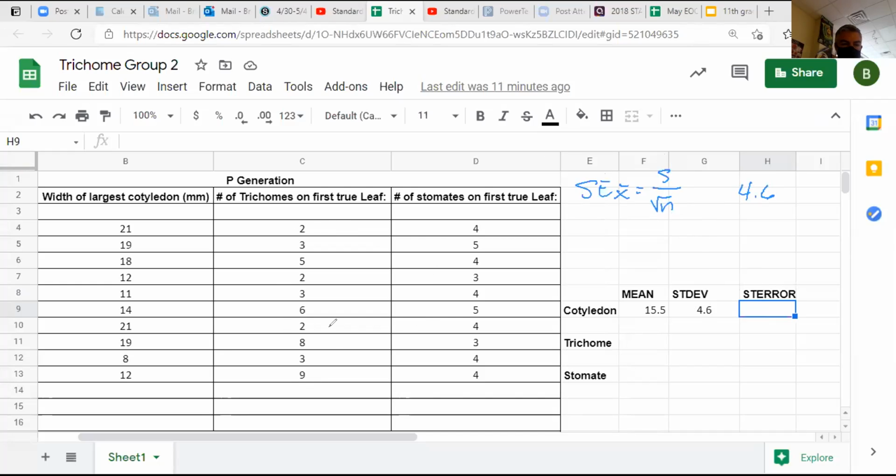How many points of data do I have in here? Oh, we're doing cotyledons. How many points of data? What's our group size? Thank you, Turner. You're always the first to answer. You are dialed in. I thank you, George. How big is our sample size? How big is our group of data? What's n equal to in this case?